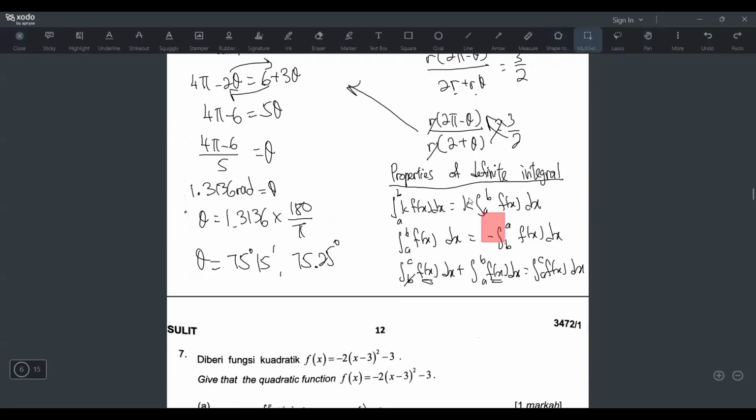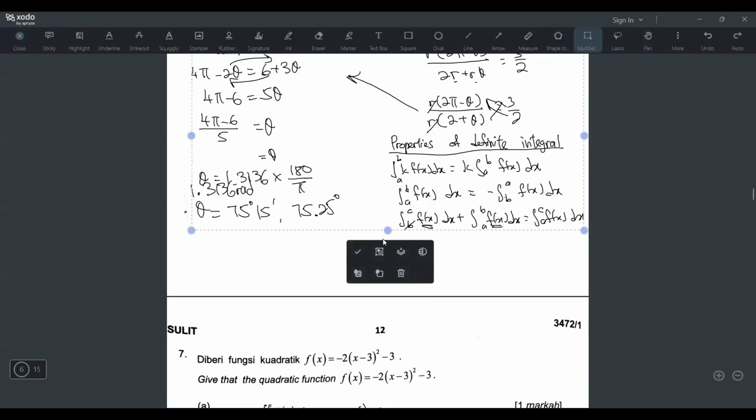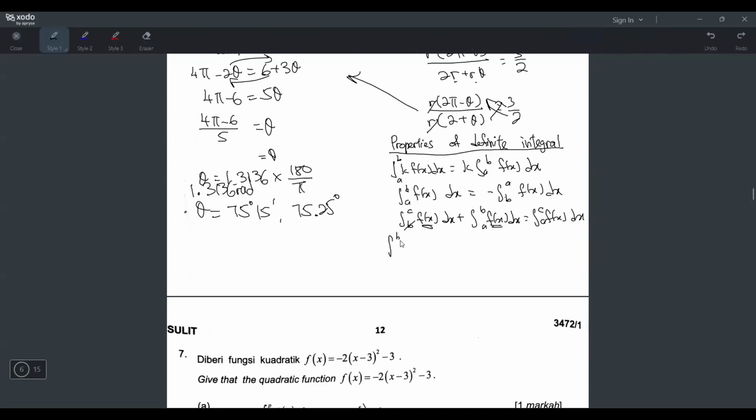Okay, ada lagi dua. So I need space. What other property did you learn? Okay, I remember already. Integrate from a to b of bracket f(x) plus minus g(x) dx. So if you have a single integral and there are two functions inside like this, you can pecahkan. When you pecah, it becomes integrate a to b f(x) dx plus minus integrate a to b g(x) dx. And then the last final integral you learn is integrate from a to a f(x) dx will be 0, right? So these are the 5